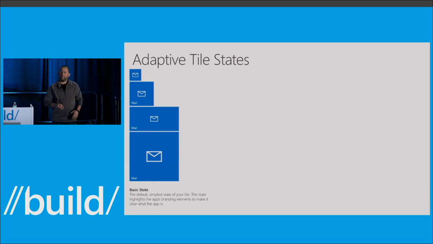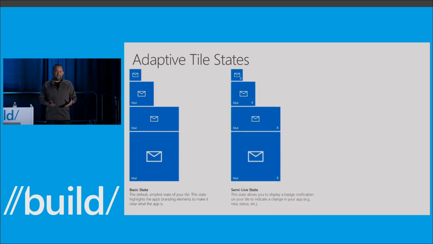I wanted to talk a little bit about the state of tiles, too. There are 3 basic states of adaptive tiles, and this first state is just your tile as it exists whenever your app is first installed. There's a small tile, a medium tile, a wide tile, and a large tile in this example. They're all just using assets that came directly from your package. So this is just without any tile updates yet, what your tile would look like if the user pinned it to start and resized it. This is the simplest state that your tile can be in. This is before you've really done anything to it from a notification perspective.